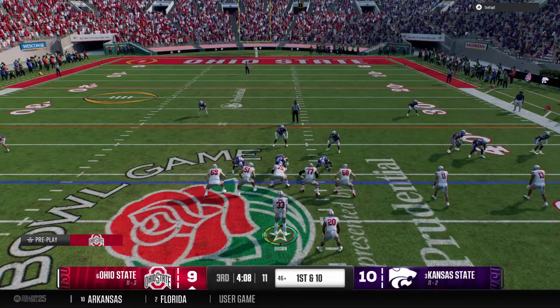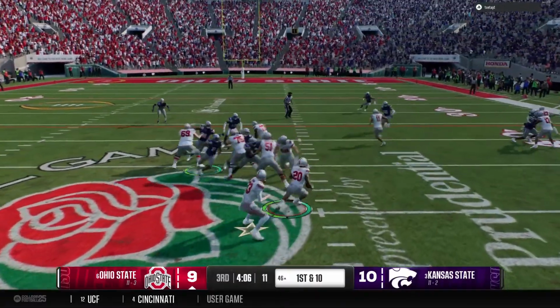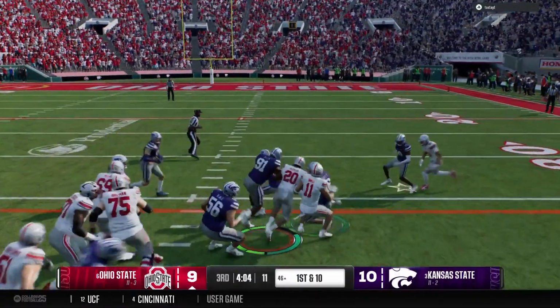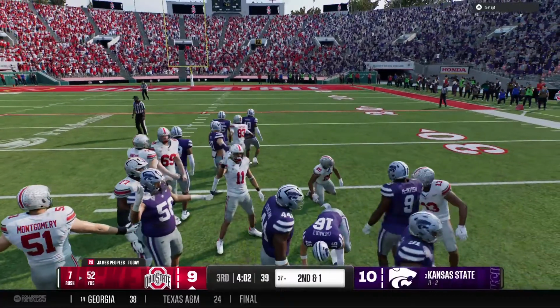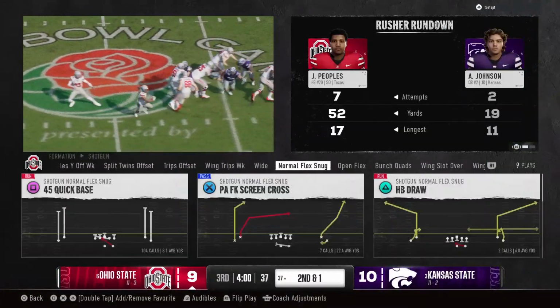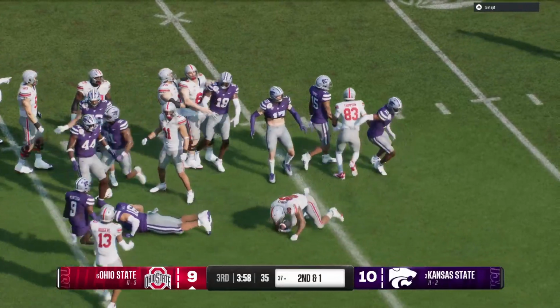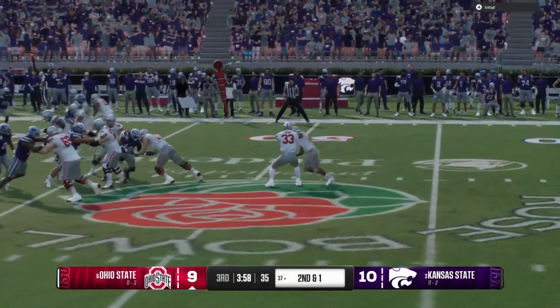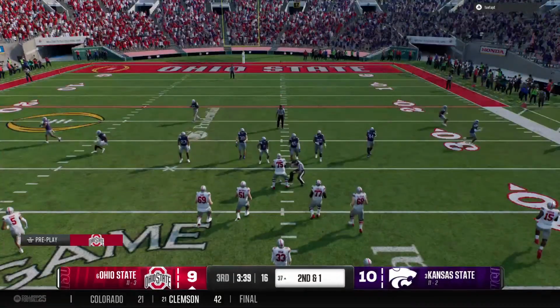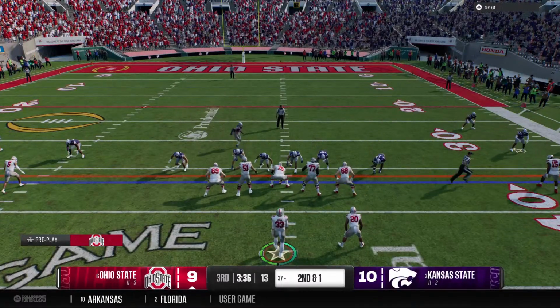Okay, here comes the Ohio State offense back on the field. And there's the handoff. He picks up 9, so just short of the first down. Second and 1. Just love watching this back run. Gets behind that offensive line, lowers his pads, and gets a nice, solid gain. Important second down play coming up.